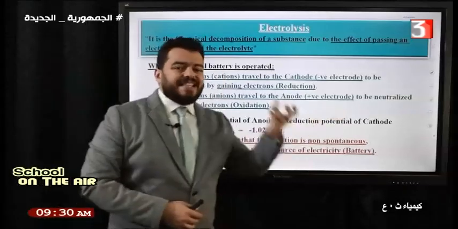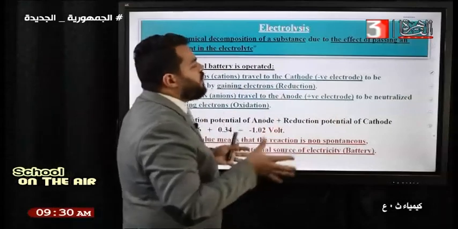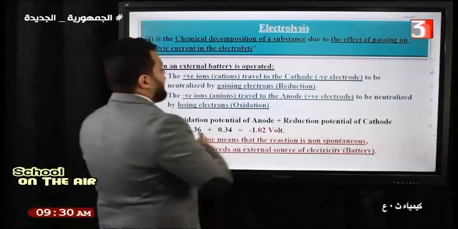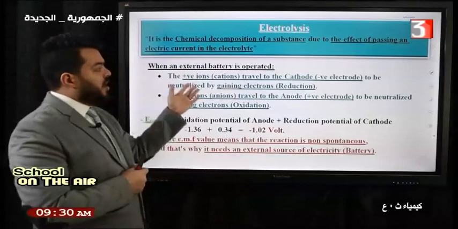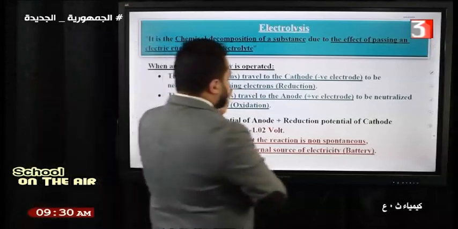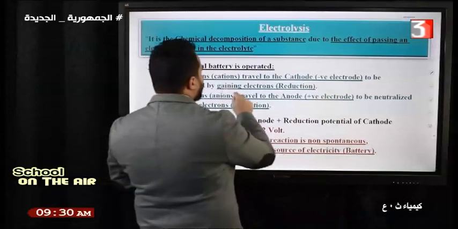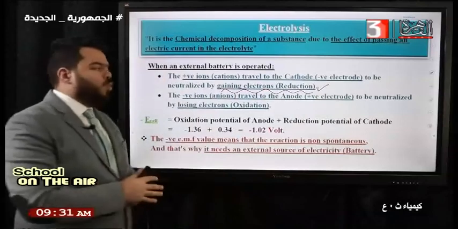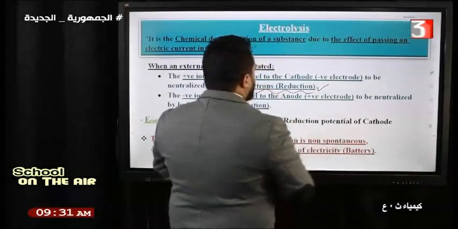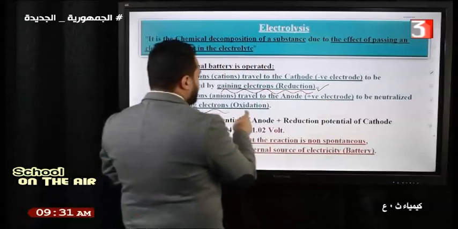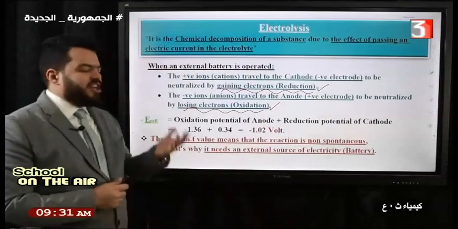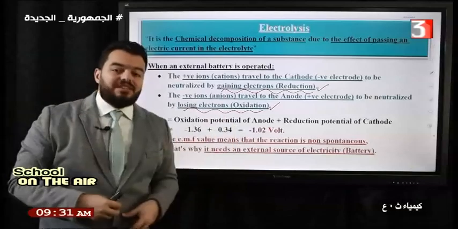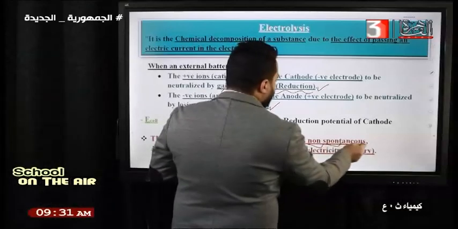What is the electrolysis? The electrolysis is a chemical decomposition of a substance by means of electricity. When an external battery is connected to the electrolytic cell, the positive ion travels to the cathode and is neutralized, so you are gaining electrons and making a reduction reaction. And the anions, or negative ions, will travel to the anode, the positive electrode, to be neutralized, so you are losing electrons and making an oxidation reaction. This means that the redox reaction is done by means of electricity,